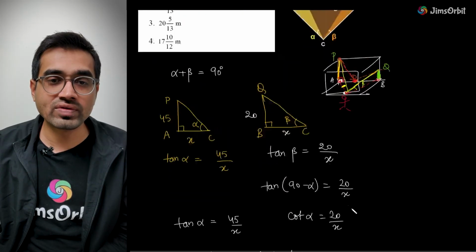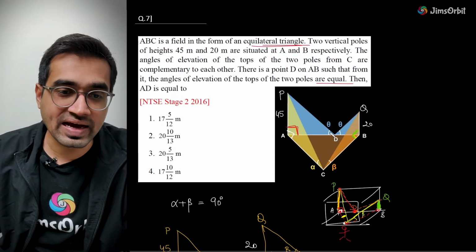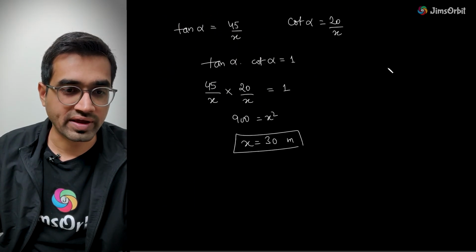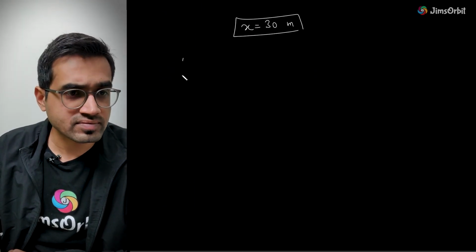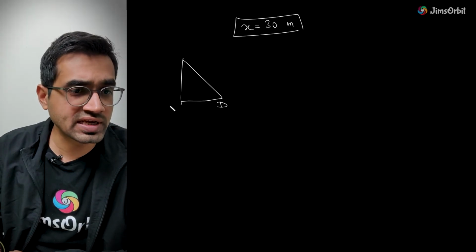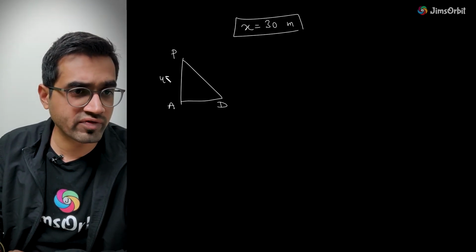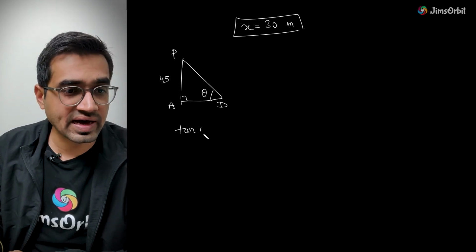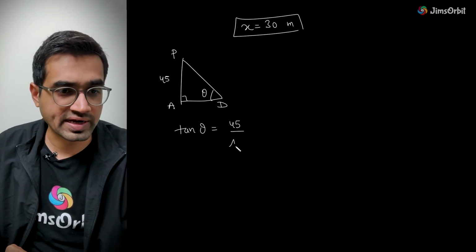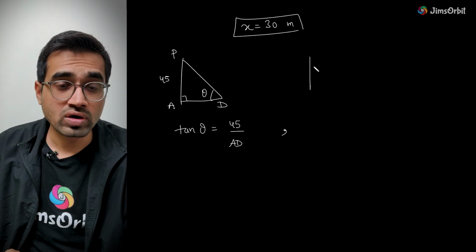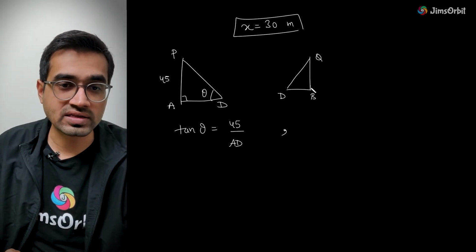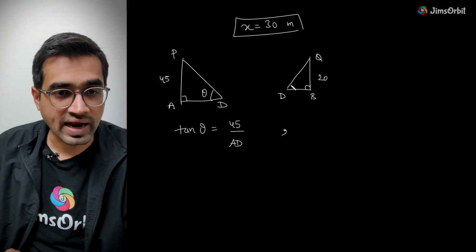So what you will say? You will say tan theta is this value upon AD. Now let's consider AD as AD only. I'll make the diagram, don't worry. So this is D, this is A, this is point B, this is 45. Now this is theta this time. This is 90. So tan theta is actually the vertical length upon the base, so AD. Also, he is looking from this side. This is D, this is B, this is Q, and this is 20 meters. Correct, and this is again theta.